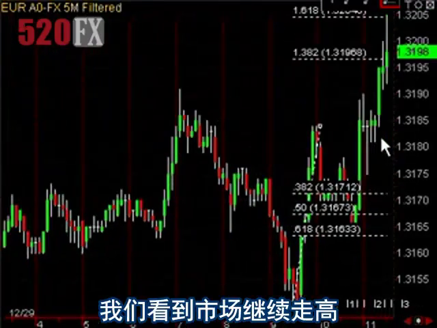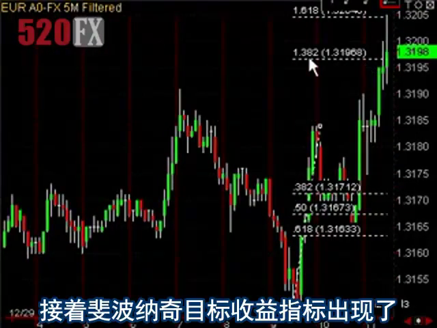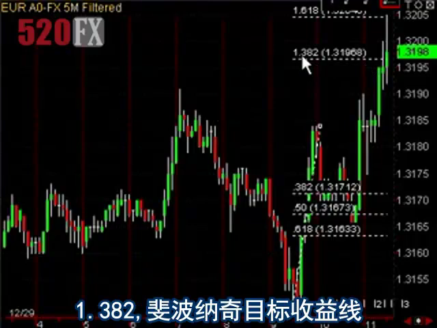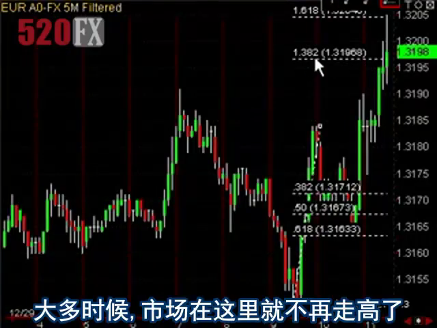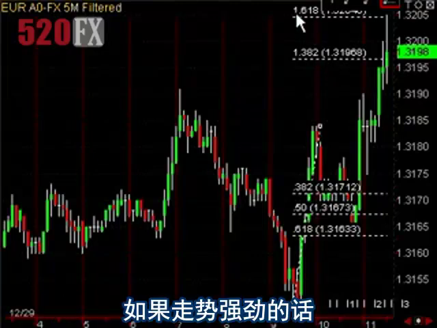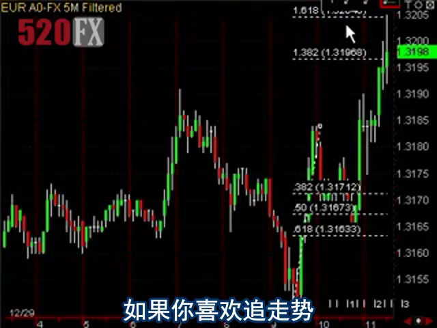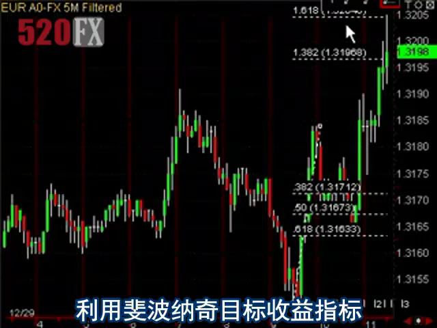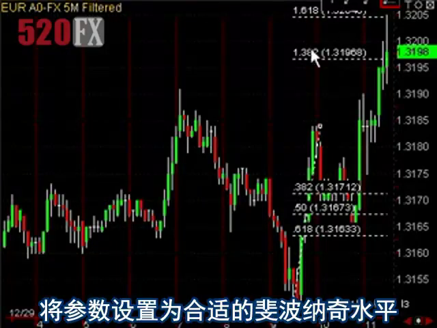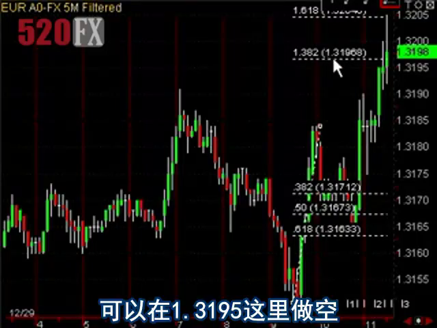Now as the market goes up, you'll see our Fibonacci profit targets are then displayed. This is the 1.382 Fibonacci profit target. Most times the market stalls at this level. Strong trends will go to the 1.618 level and then reverse. If you're a counter trend trader, using the Fibonacci profit targets, using LeverageFX's properly set Fibonacci levels is one of the lowest risk places. So you could get into your short right here at